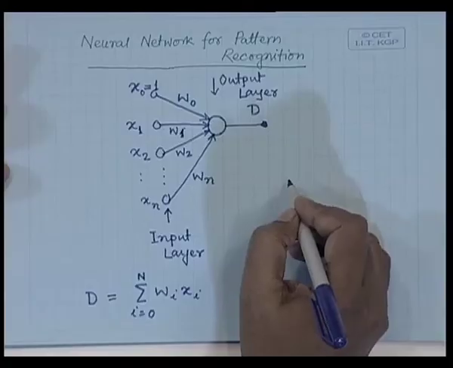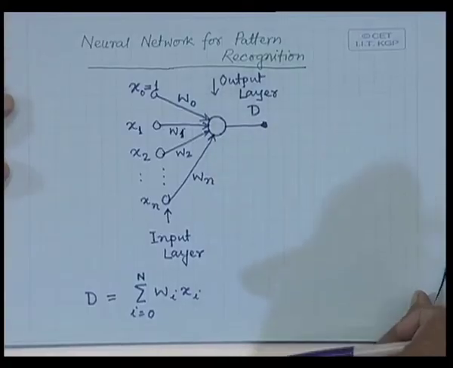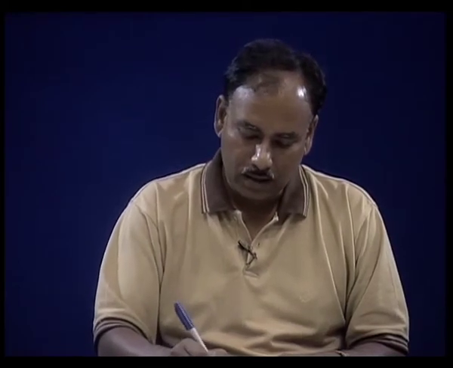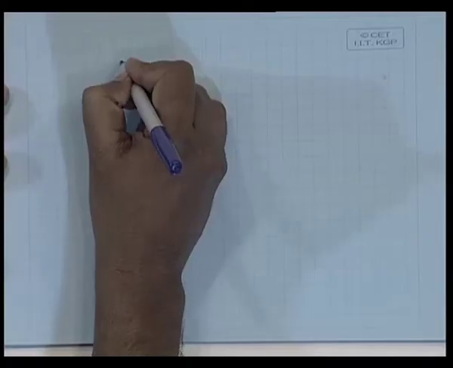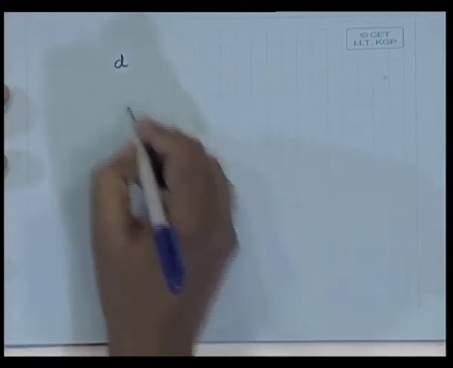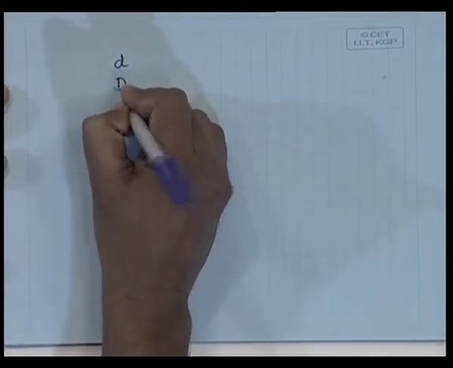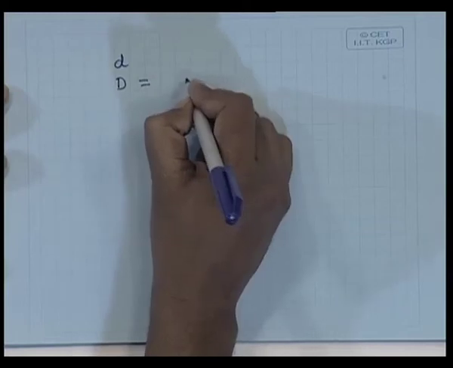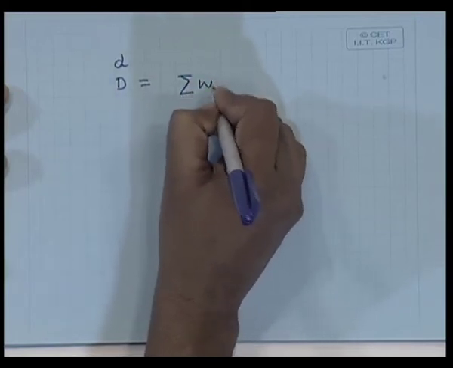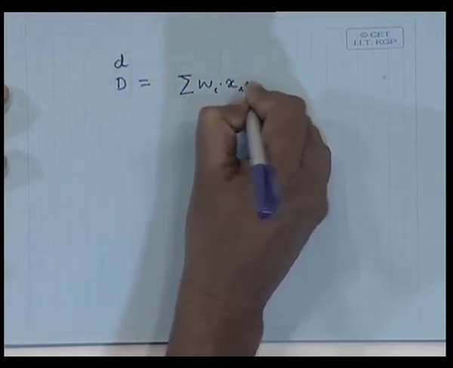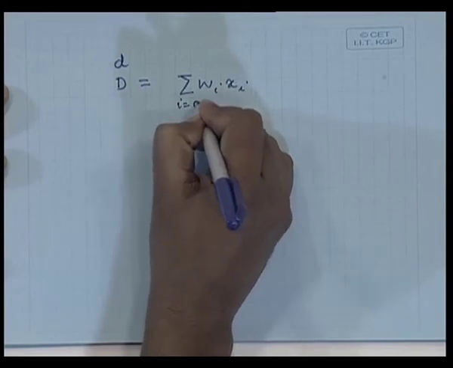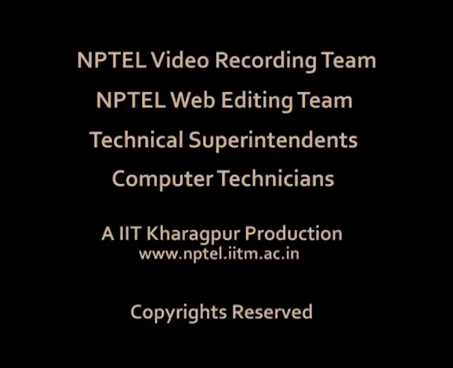So, if I say that my actual output that I obtain after inputting a training sample is given by, the expected output is say D, and the actual output that I get is capital D, which is nothing but this summation W i x i varying from 0 to n. Okay. Then the difference between